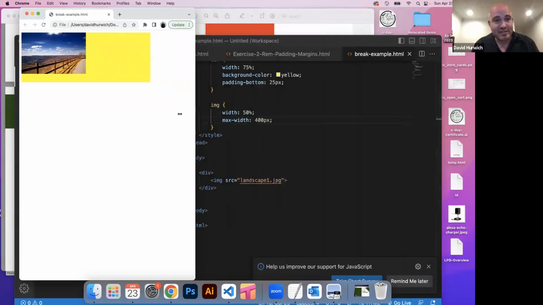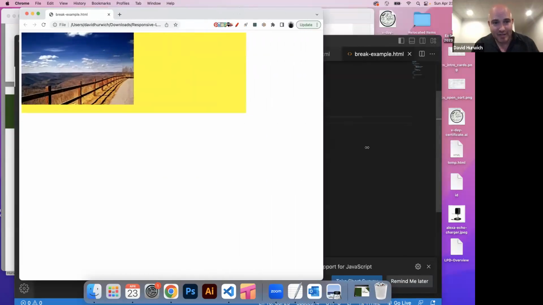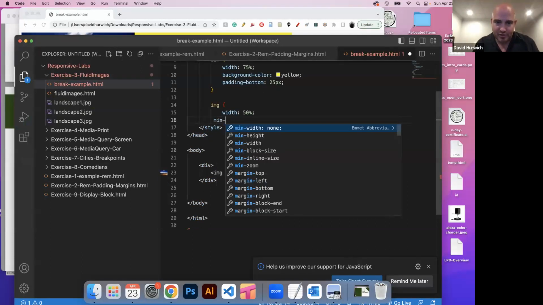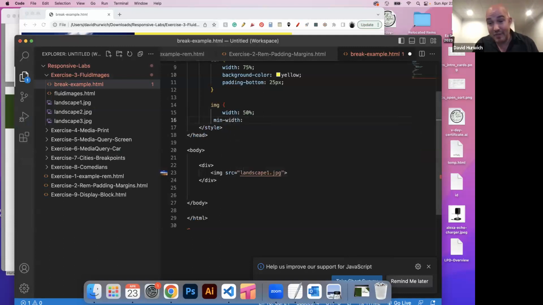What's going to happen is the image can shrink, but it can't get bigger than this dimension. Not only that, you can also do a min width too. I could say it has to be a minimum of a certain amount. But what I'm going to do to fix this problem